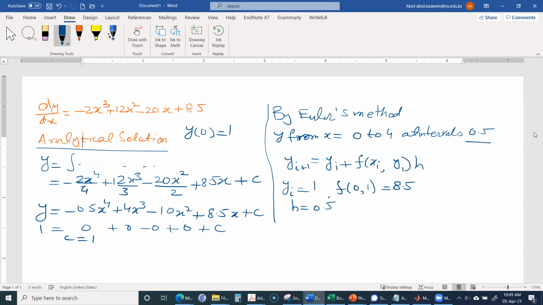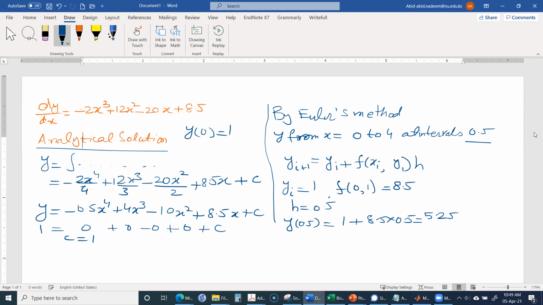So therefore y_(i+1), that is the next value. That means in this case, y at a value of x equal to 0.5 will be equal to 1, that is y_i is 1, plus 8.5 into 0.5. So this will be equal to